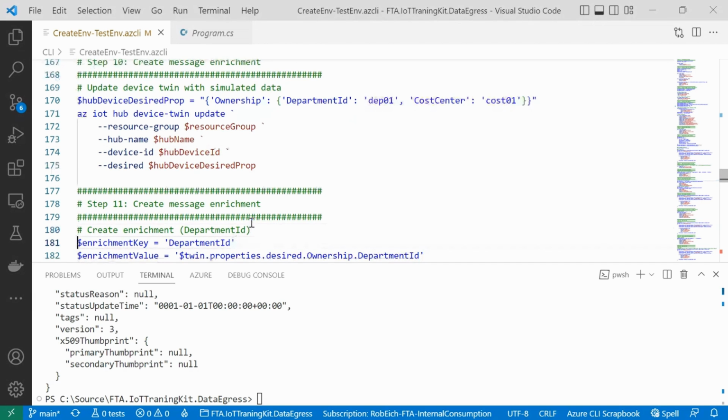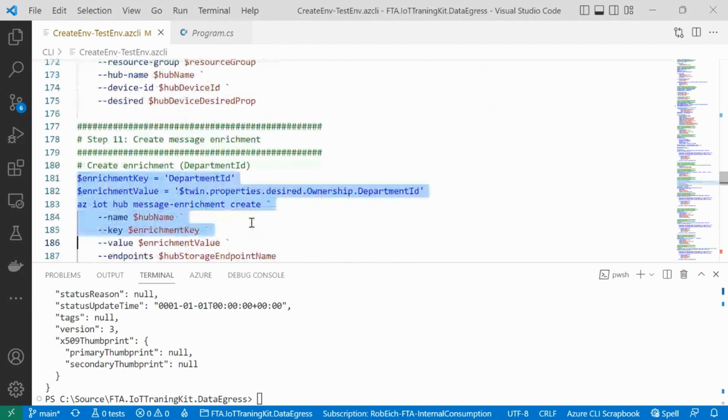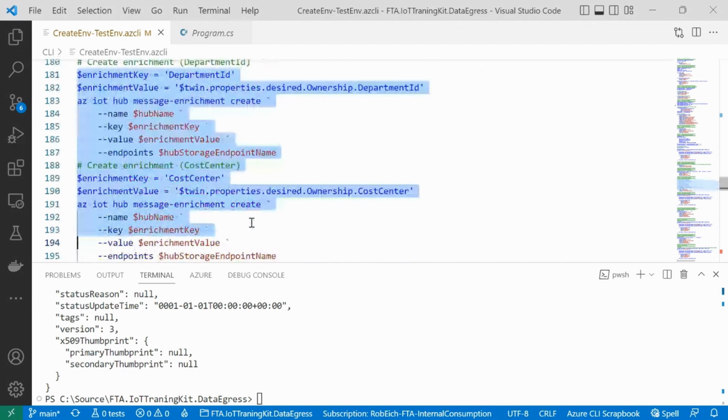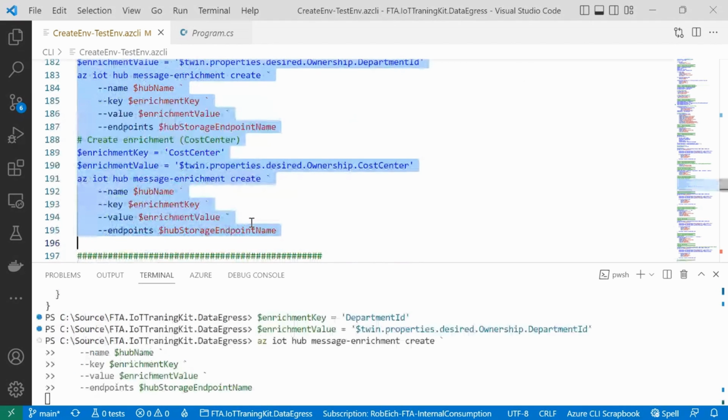And let me execute this as well. And let me execute it also for the cost center. It follows the same principle. And now I'm executing this message, and this again takes a couple of seconds. So what we are doing here is updating in IoT Hub the device twin for that specific device with two additional messages.